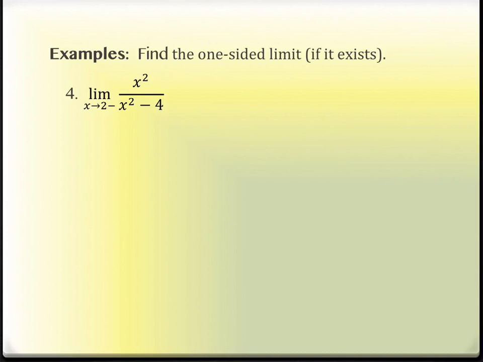Okay? So this one is the limit as x approaches 2 from the left of x squared over x squared minus 4. And notice if you do try to plug in 2, 2 squared on top gives you 4, and then 2 squared minus 4 on bottom gives you 0. So if we attempt to plug this in, we're going to get 4 over 0. And so this is going to approach either positive or negative infinity. It will be one or the other. I just don't know which. The question is which one.